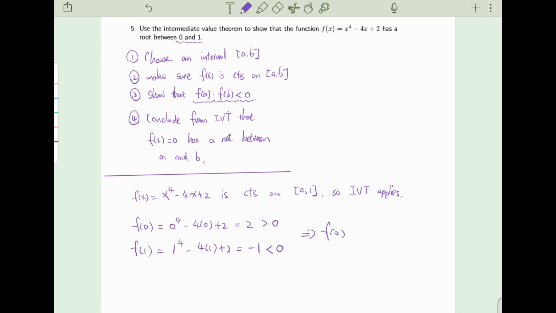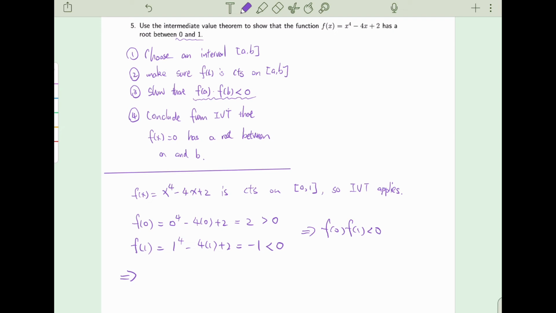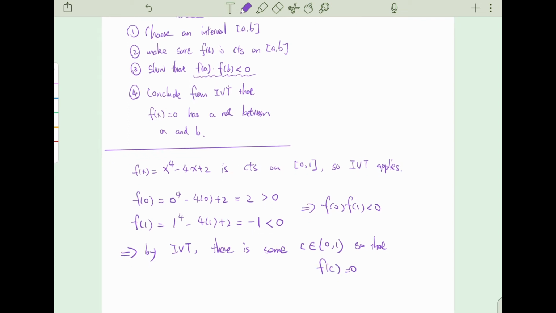So f0 times f1 is less than 0. Now we can conclude by the intermediate value theorem that there is some c inside this interval, 0, 1, so that f(c) is equal to 0. That is,